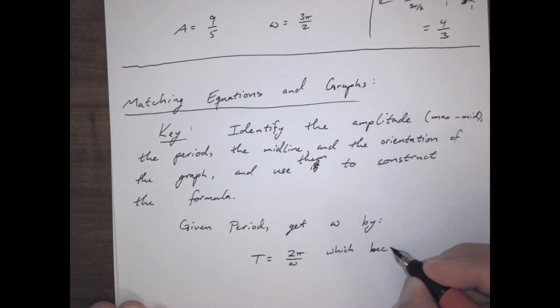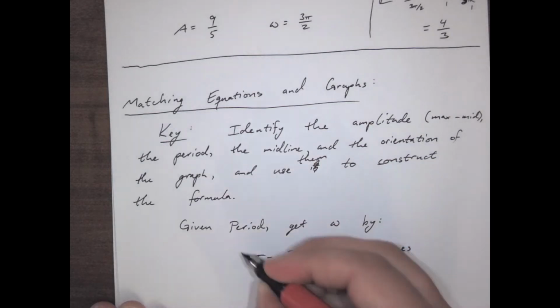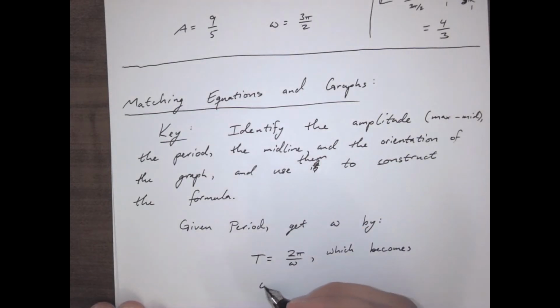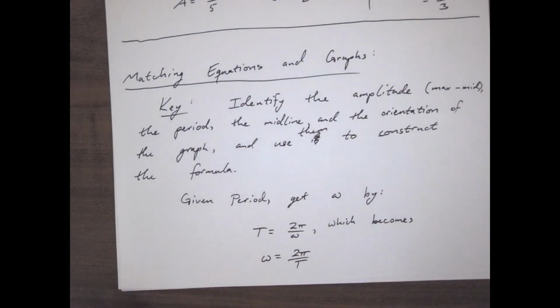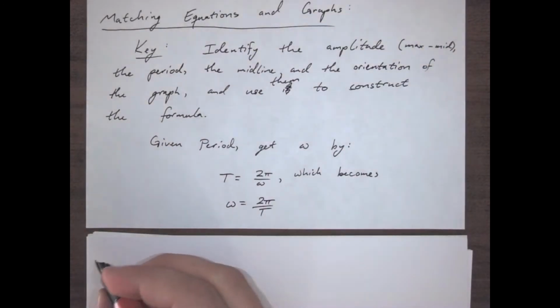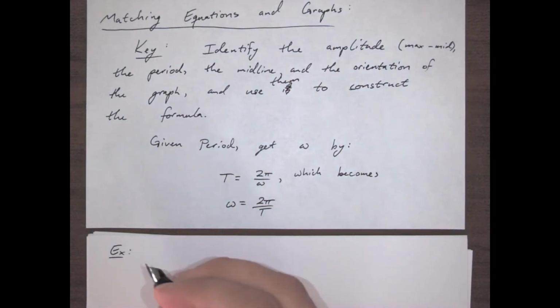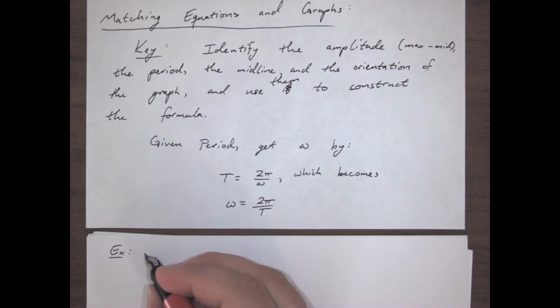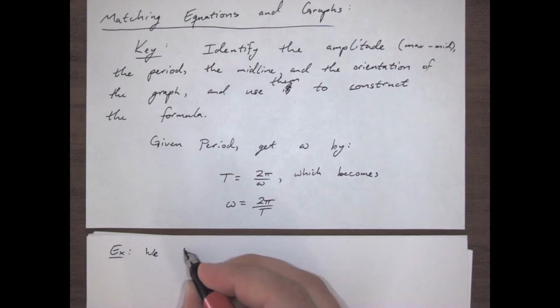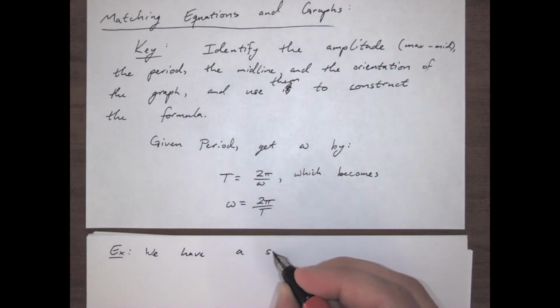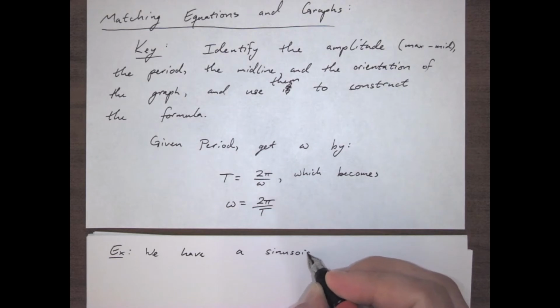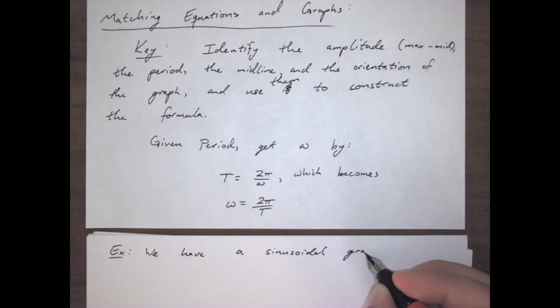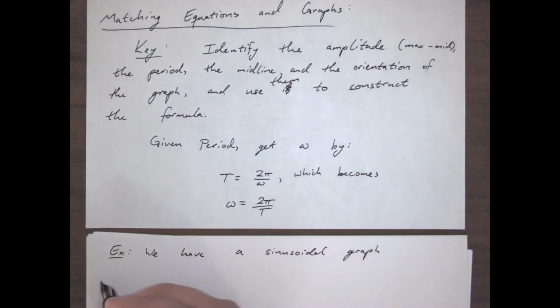Which becomes, so it's multiplied by omega, divided by t, 2 pi over period. So for example, let's just say that we identified a graph, so we have a sinusoidal graph